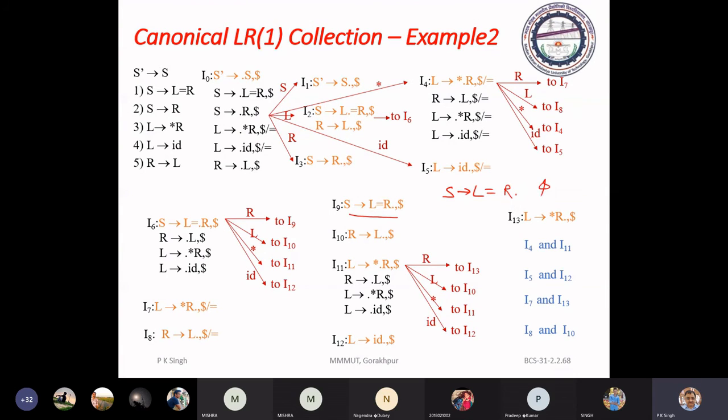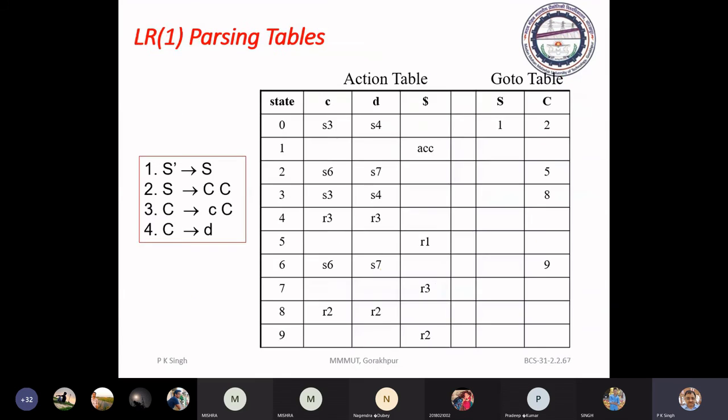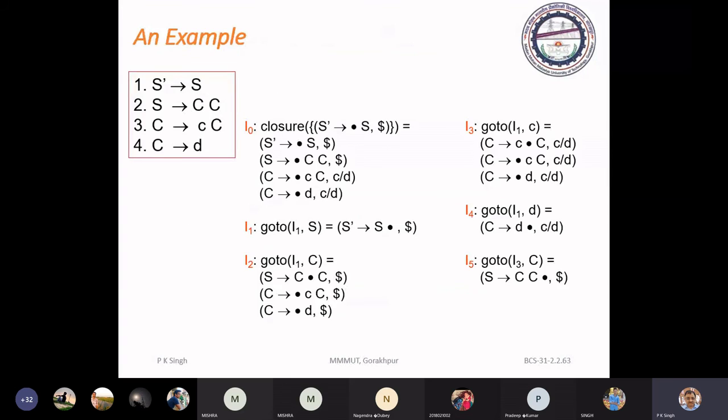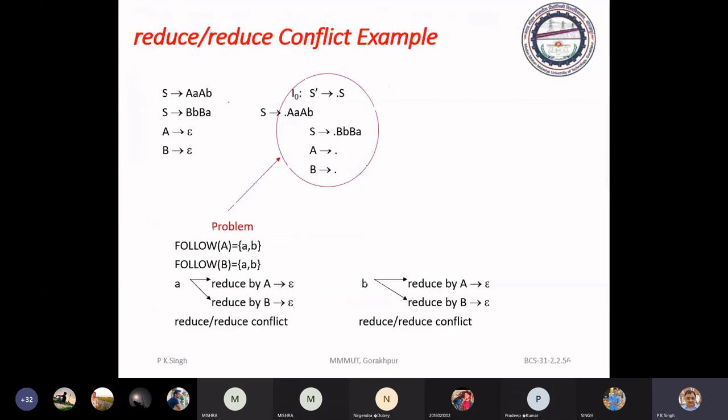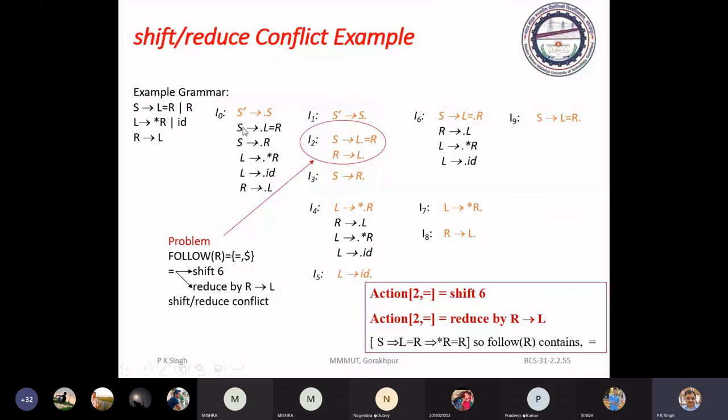If you go back, the problem is with this. Recall I2, S2 L equals R and R2 L. The problem is here. Now see how this problem is going to be handled.